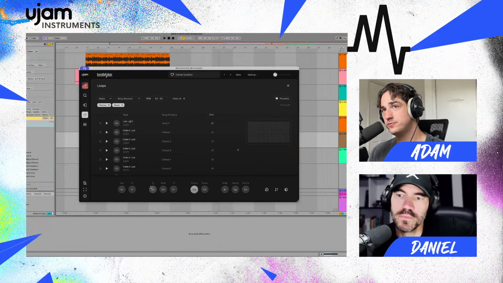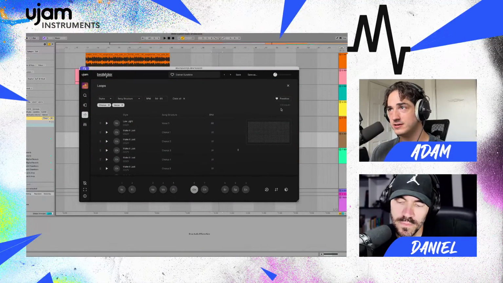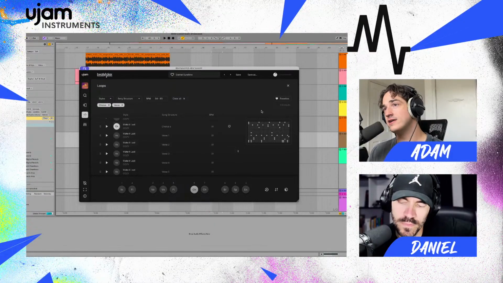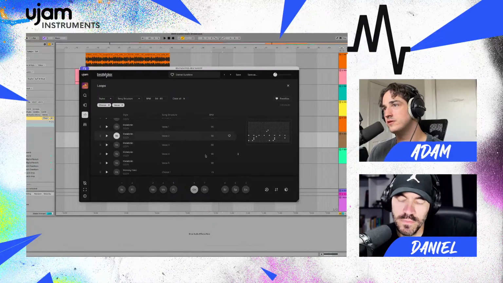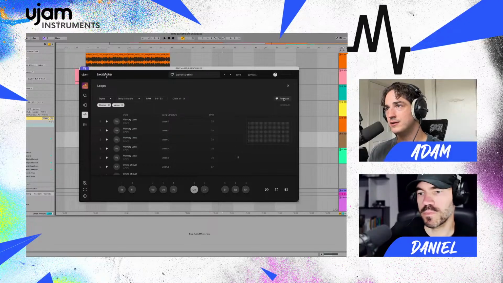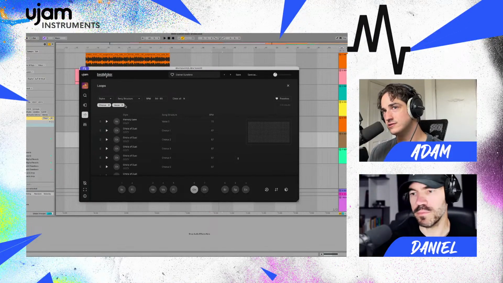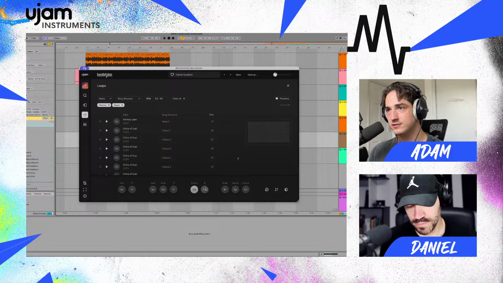Back to this Loop browser, because I want to touch on a couple more things here. Similar to the global browser, you can favorite loops. That's pretty useful if you have patterns that you really like. You can look at the filtered favorites as well. But one thing that I was going to show you is,